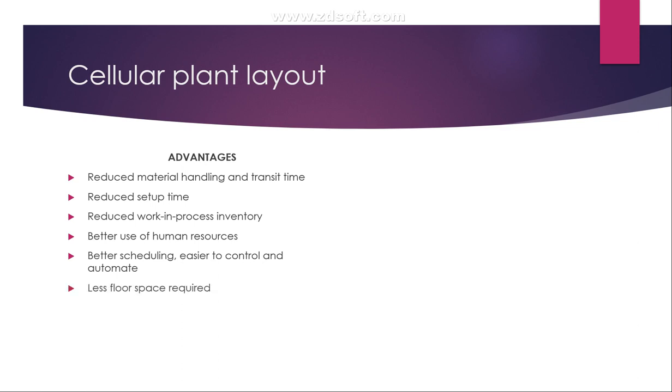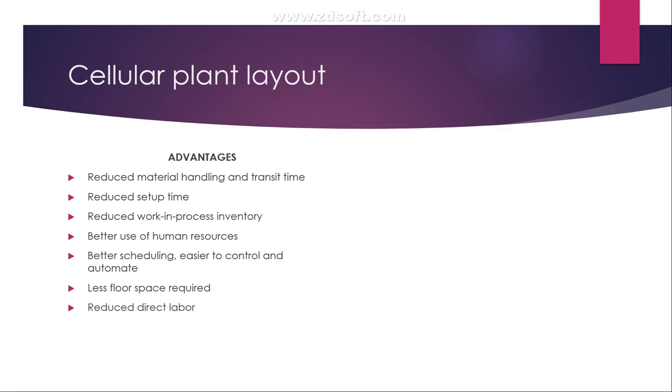Less floor space required. We can decide upon the assembly lines depending upon the requirements rather than setting it up as a whole. Now, as we compared, product A and product B have similarities in terms of production, but product B requires fewer tools to produce goods. So we can set up a simple assembly line where only four tools are required in order to produce product B. This way, less floor space is required.